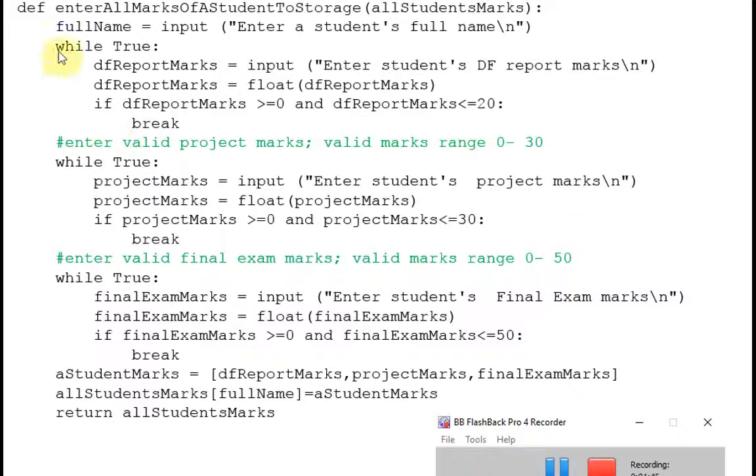If the user enters a valid value, this if statement will be true. Suppose the user enters, say, a mark of 10. So 10 is greater than or equal to 0 is true, and 10 is less than or equal to 20 is also true. So true and true will evaluate to true. So this statement gets executed. When this gets executed, it breaks out of this while loop, and the control flows to the next while loop, and the same